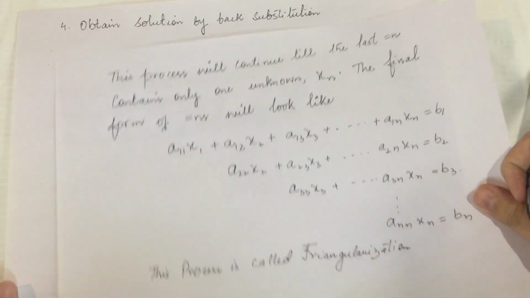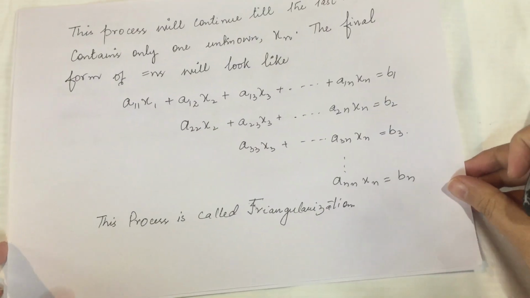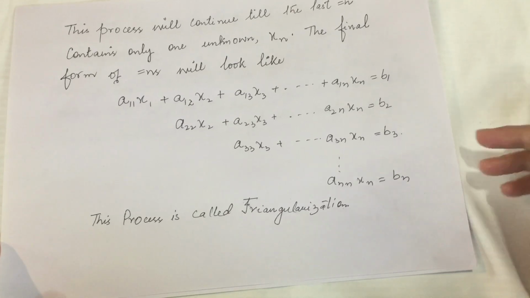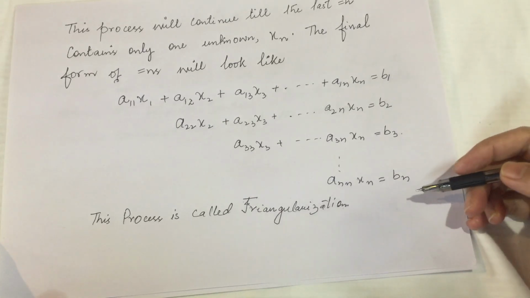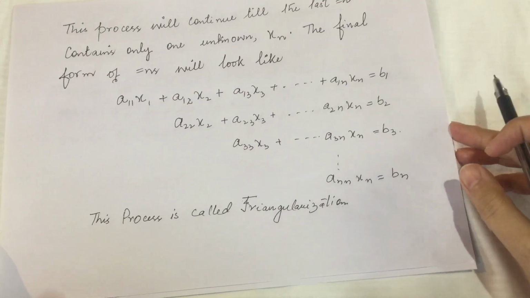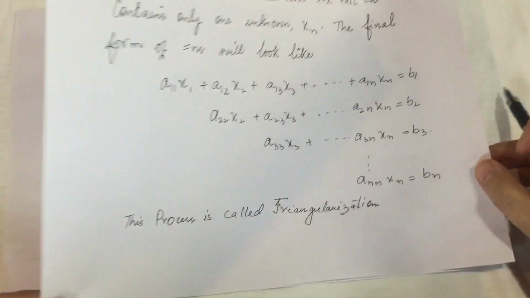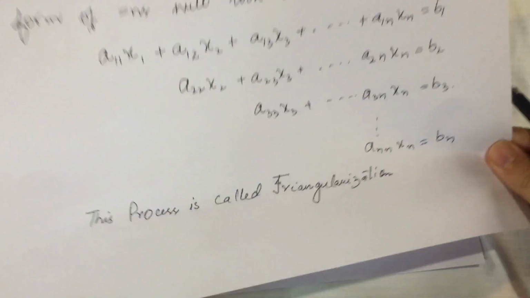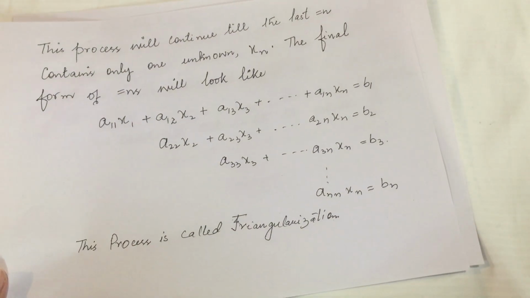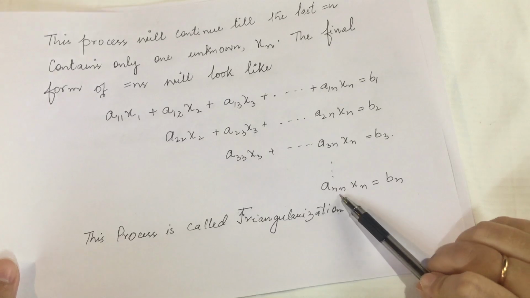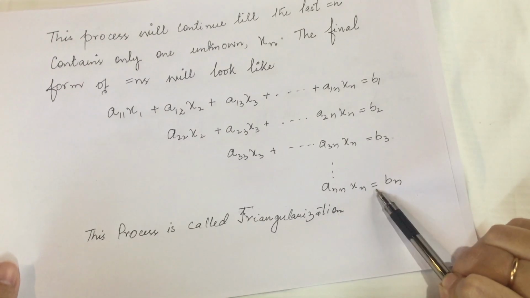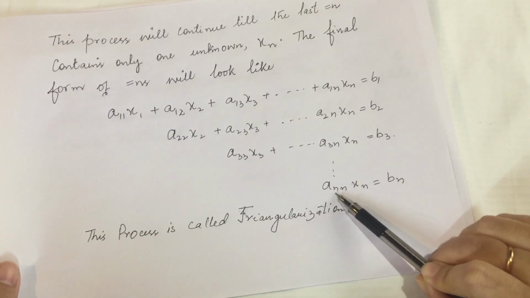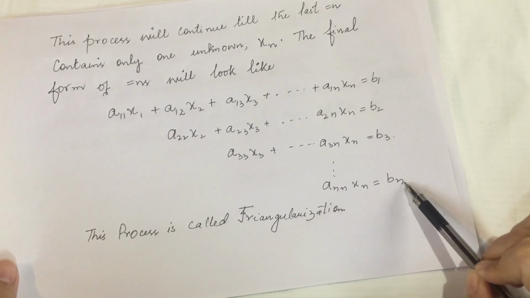So now we have to obtain the solution. How can we obtain the solution? We have to obtain the solution by backward substitution. What does that mean? Say in the last equation we are left with only one term, that is ann xn is equal to bn,